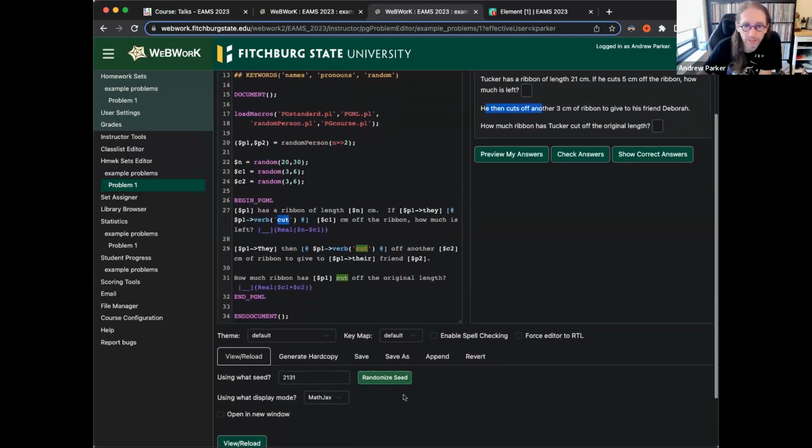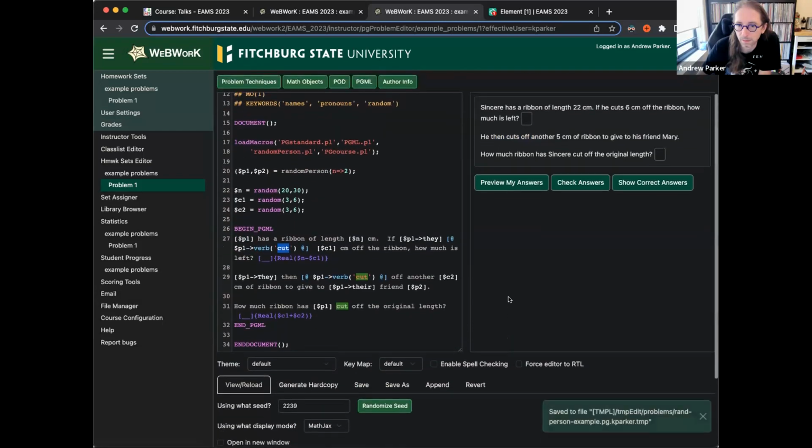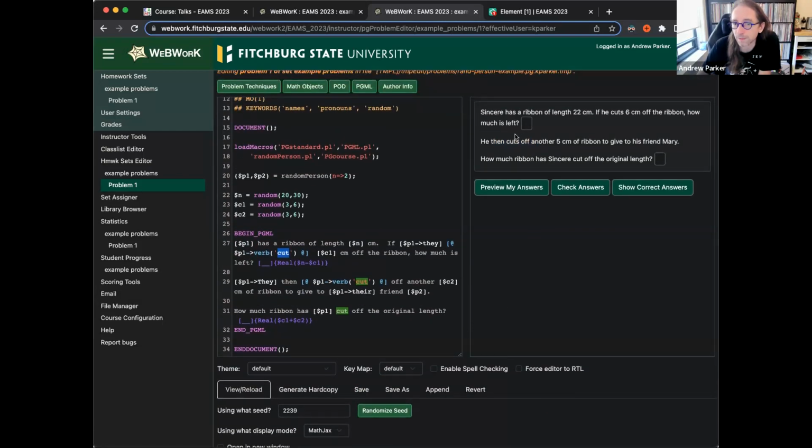And if we re-randomize, we have different names, both for P1 and P2. Arturo and Don, Shayla and Nayeli. So this is just a way to